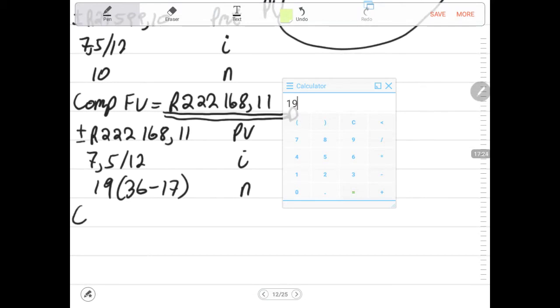So now we say compute future value. Then now again I use my hard copy calculator. You can still use the app. I did show you the app previous recordings. Plus minus, don't forget second function alpha 00, plus minus 222,168.11 is the present value. 7.5 divided by 12 is the interest. 19 is our N. Then compute future value. So now we have the future value as